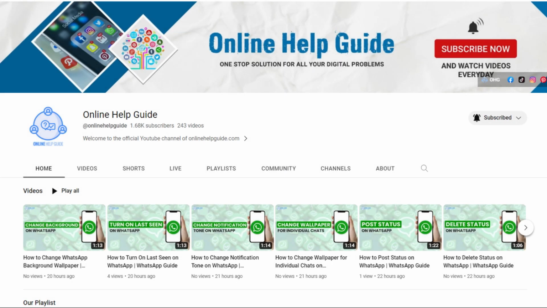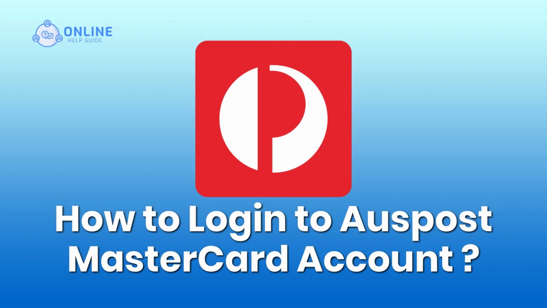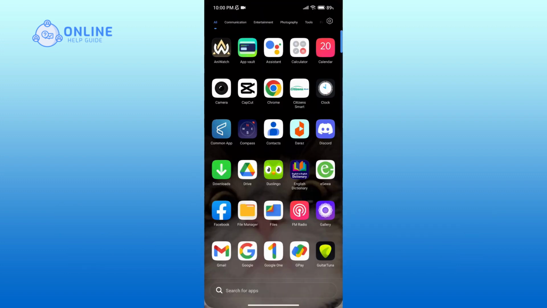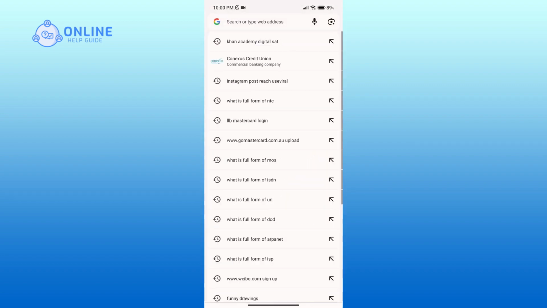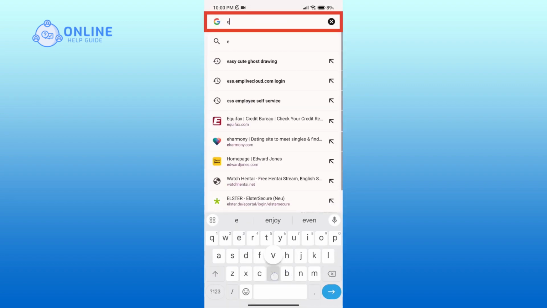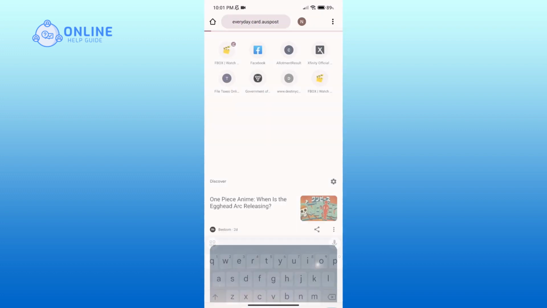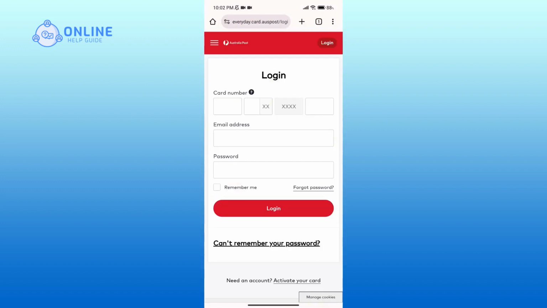Today in this video, I'm going to show you how to log into Auspost MasterCard account. So without any further ado, let's get started. First of all, open up a web browser. Now in the search bar, type in everyday.card.auspost. Here in this login portal, you'll have to enter your card number, your email address associated with your account